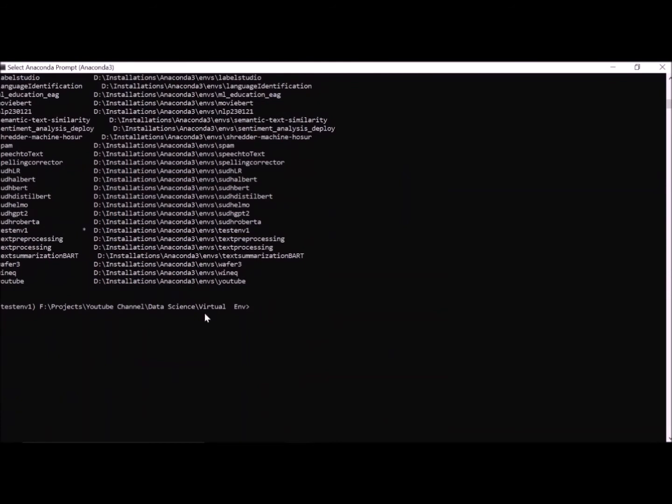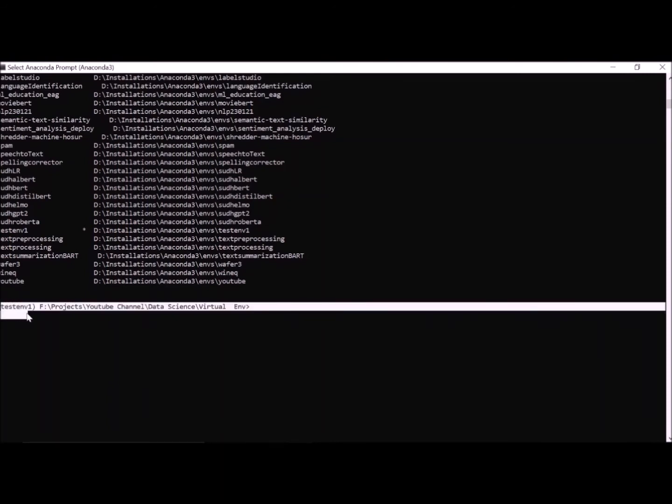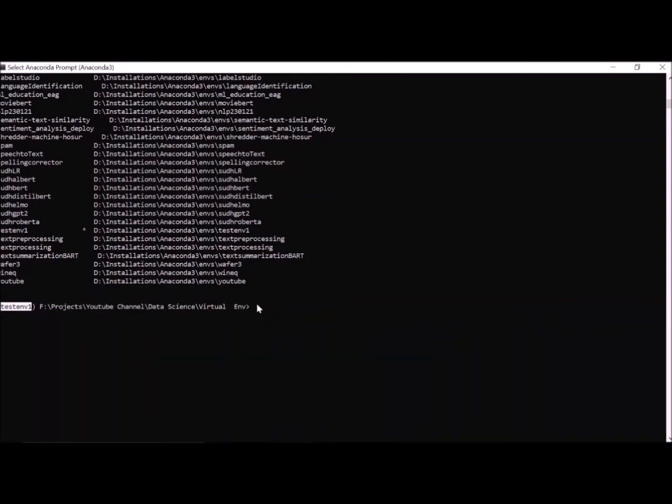Okay. So to show the dependencies or libraries installed in this environment, the command is another one. Sorry, my bad. Conda list.